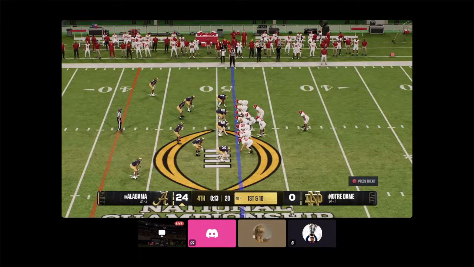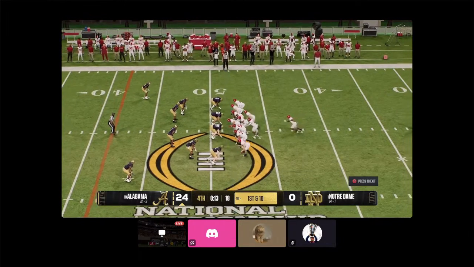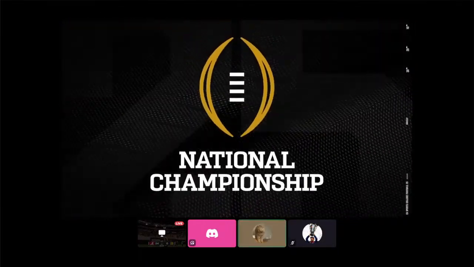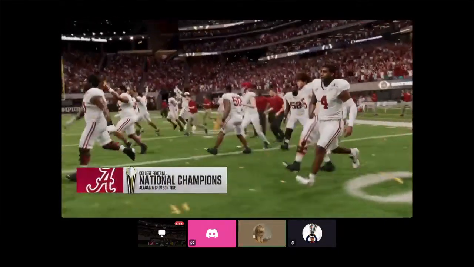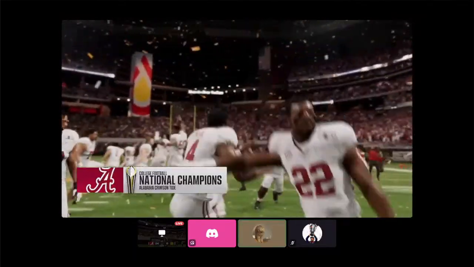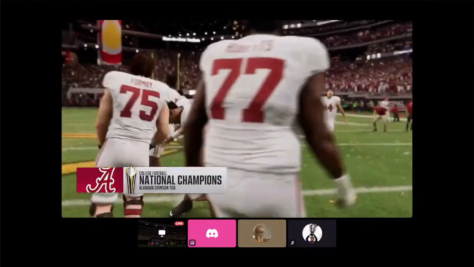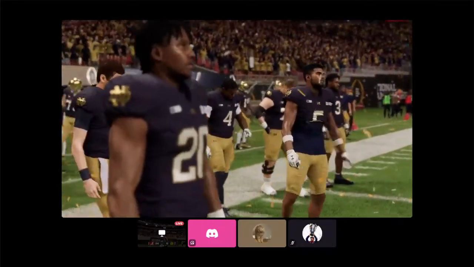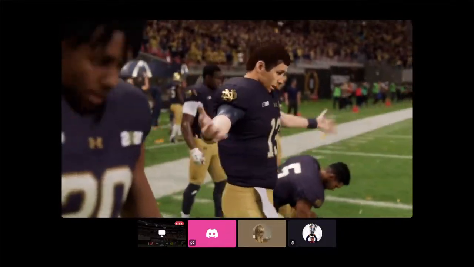Time for victory formation. And it's a kneel down. And that's going to be it. And that'll do it. We have a national champion, the Alabama Crimson Tide. What an emphatic statement to close out this national championship run. You know, the coach told his guys, go out there and leave no doubt. Say mission accomplished. Well,